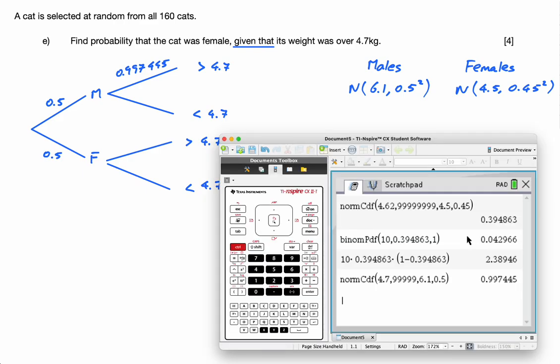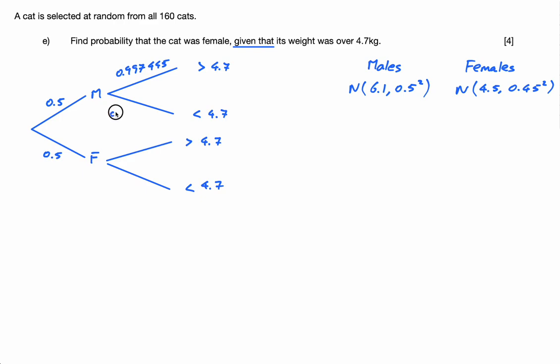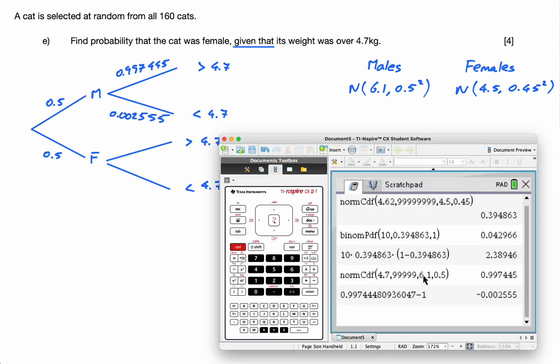So if you just do answer minus 1, guys, obviously this is negative, but it's the positive version we want. So 0.002555. Is that what I said? Yes. What I mean by, guys, obviously it's negative, is because I should have done 1 minus this, not this minus 1, but it's just easier on my calculator. Anyway, females,